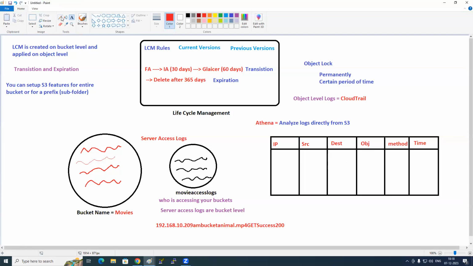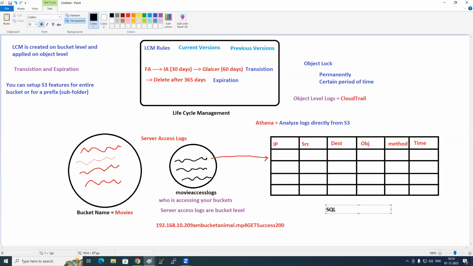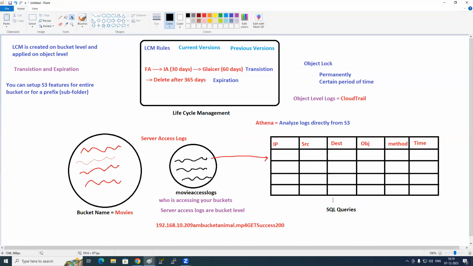And they pull all the logs into the rows here, neatly. All the logs will be inside these rows. Now you have the table ready. What is their favorite? They use SQL queries. Have you heard about SQL queries? They create a table, fetch all the logs into this table, and start writing queries. Wherever you want, a particular time, a particular person, a particular method, you can retrieve